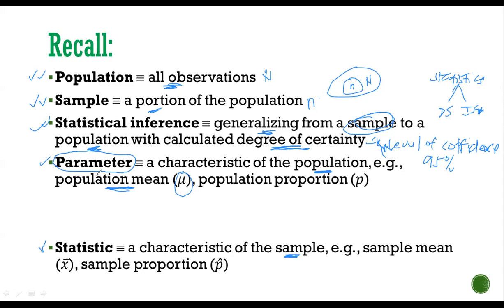On the other hand, we have here the term sample mean. Sample mean, the average came from a sample. And what is our notation? It is X bar. Ayan ha, X bar for sample mean, mu for your population mean. Okay? And of course, another parameter, we have here your population proportion.